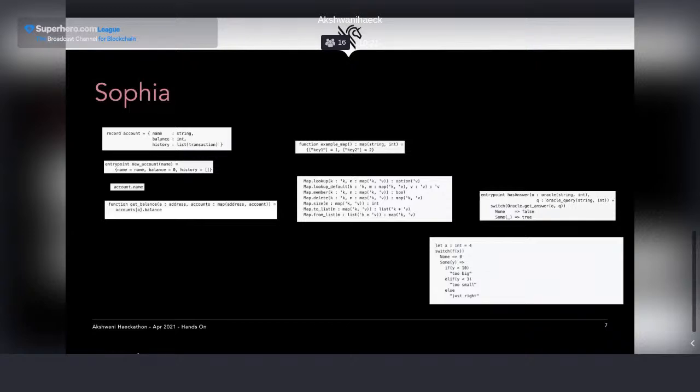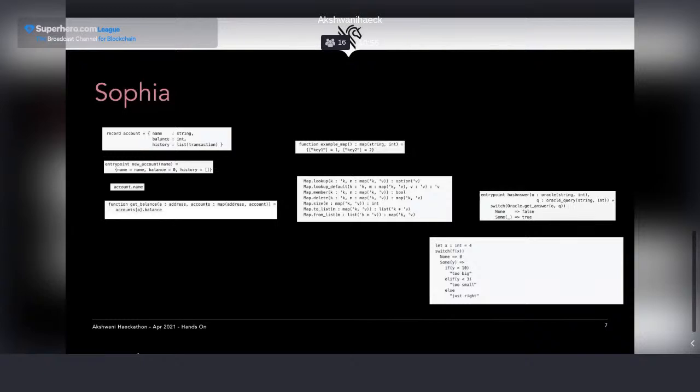Tomorrow we are going to have another workshop focused on oracles, and that's going to be more advanced. So at least today I want to give you all the minimum tools to start writing your own smart contract with Sophia. Very simple, it doesn't matter, but the good thing is at least to have something that compiles, that I can deploy and try on the blockchain, on the mainnet, on the testnet, and start to put more difficulty on top of that, right?